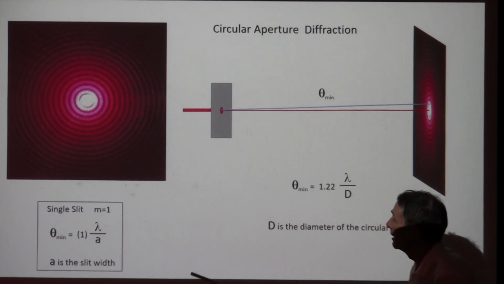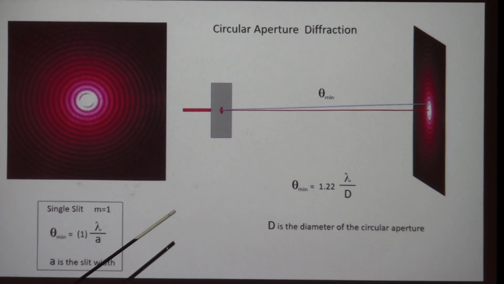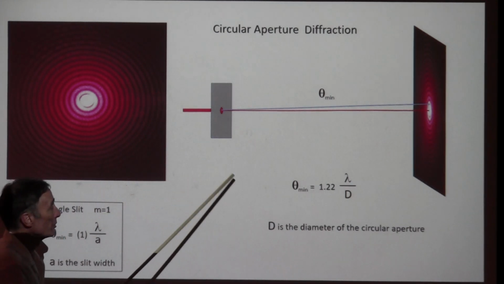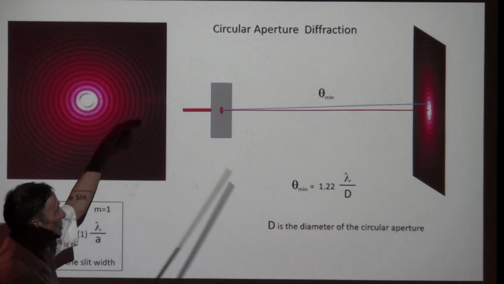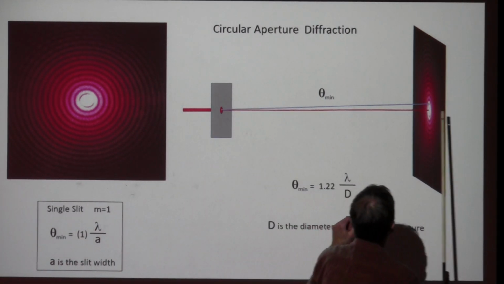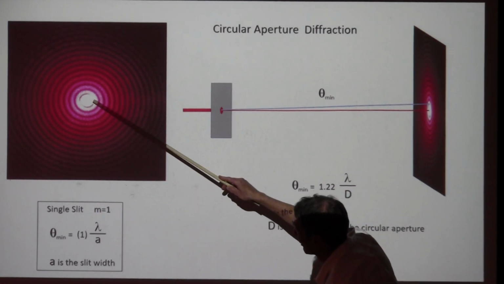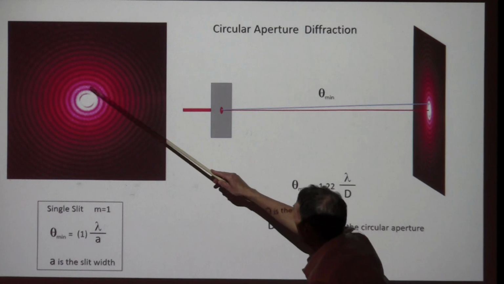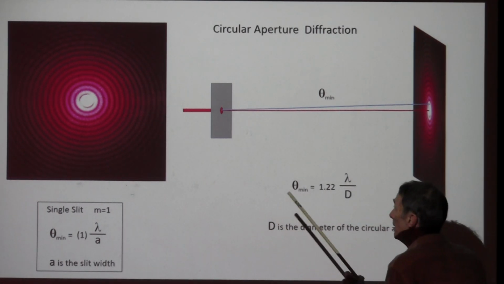Okay, we've got a couple topics here. These are fairly simple. The idea of a circular aperture. Instead of using a slit, we can use a circle, and we can shine a laser light through it, and it's going to form a pattern out on the screen that's going to look like this. And this is a diffraction pattern. It mimics this